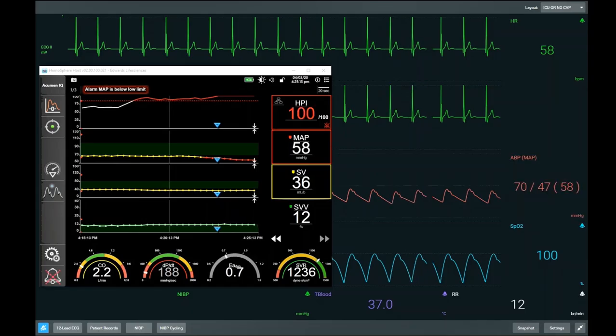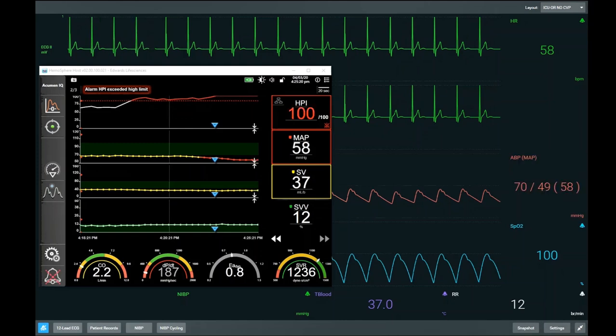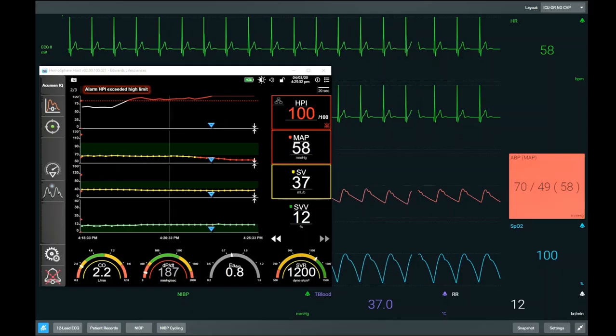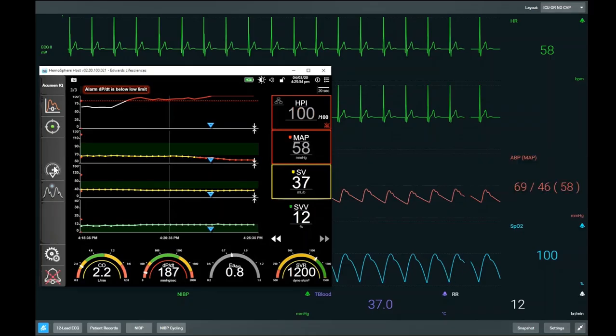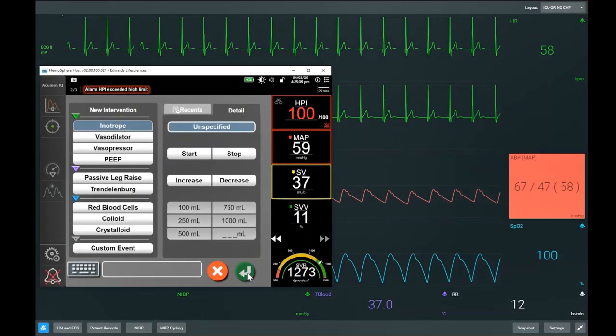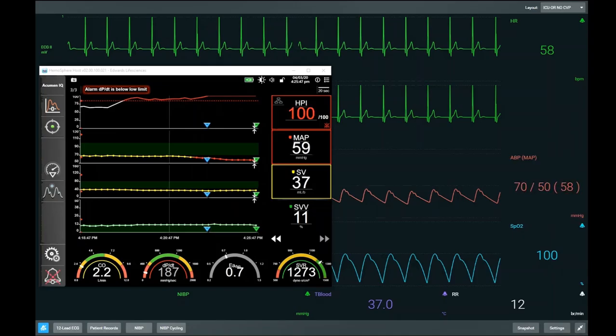So just to review the physiology once again, HPI is raised because our mean arterial pressure is way below 65 now. Our stroke volume has seen a drop from our baseline of 41, but we're not really fluid responsive. SVV is just on the threshold of where you'll be definitely fluid responsive or preload responsive, and we've challenged that with a fluid bolus and nothing's happened. However, we knew that challenging it, because the low Ea would not increase blood pressure. So the underlying cause of the instability and the hypotension is a decrease in inotropy, and that is reflected in